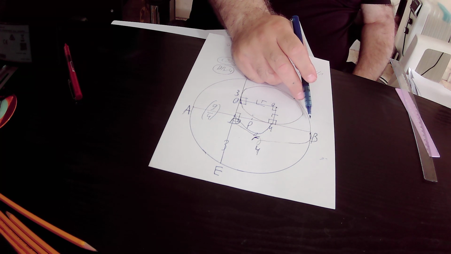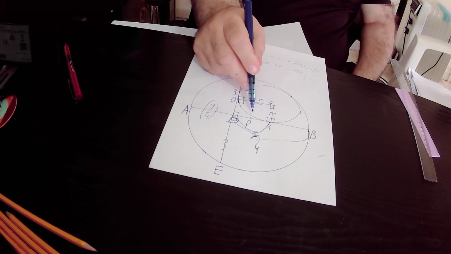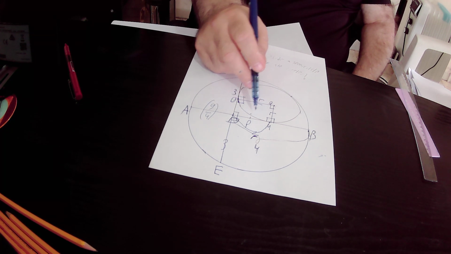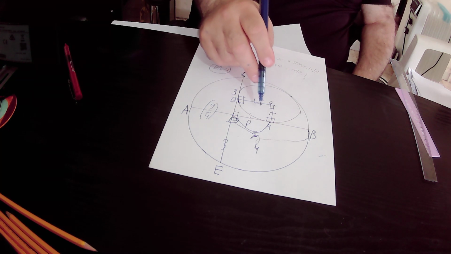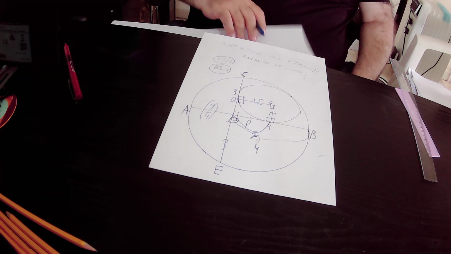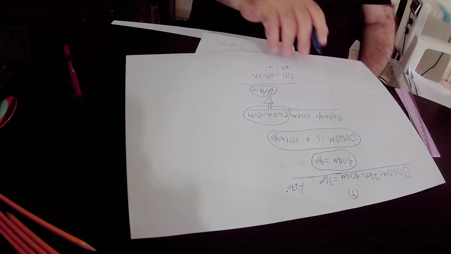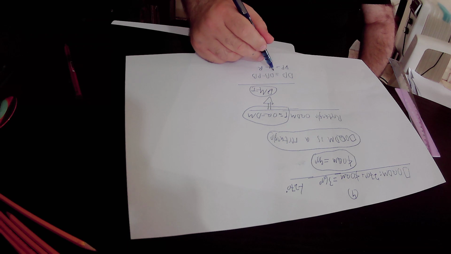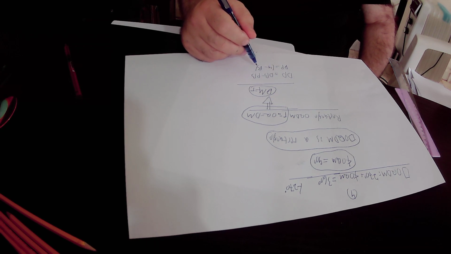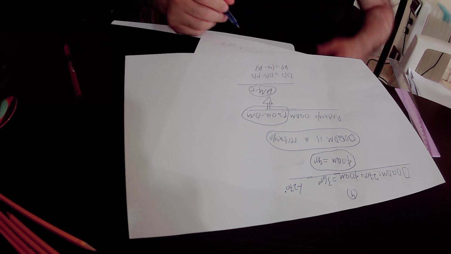And this is exactly the definition of a radius. Therefore, PB is the radius of the big circle. That is to say, it is equal to capital R. So in conclusion, we found out that DP equals 4 minus capital R,